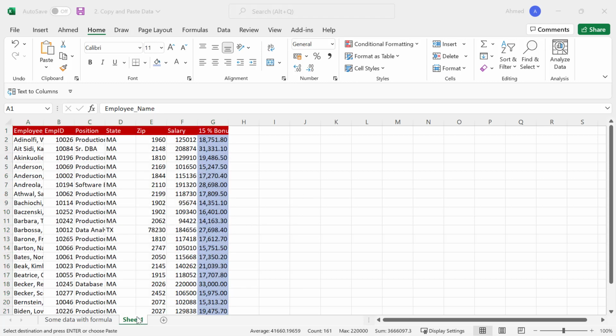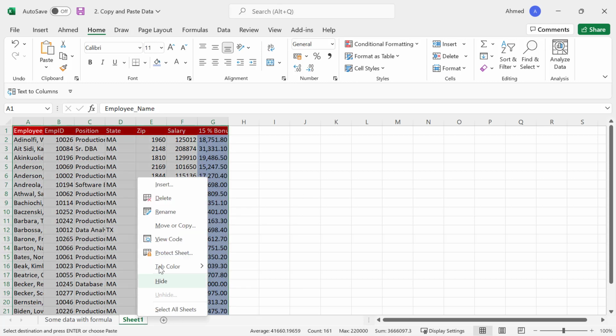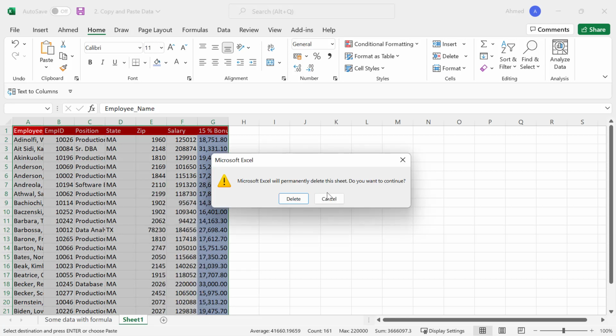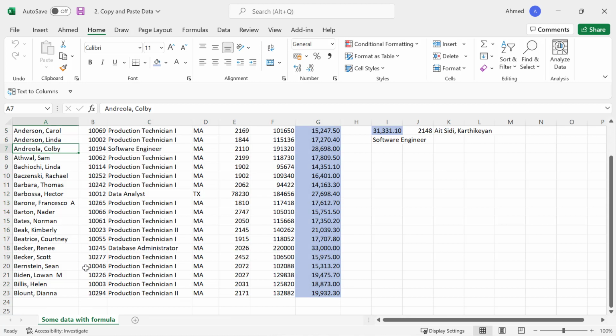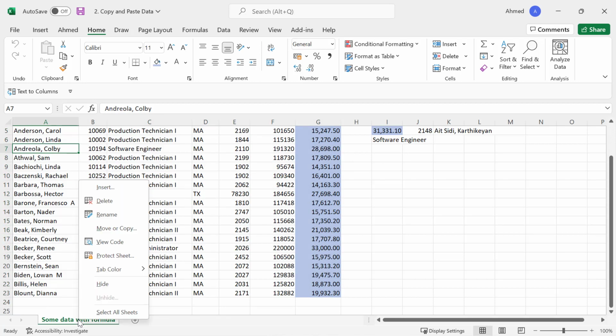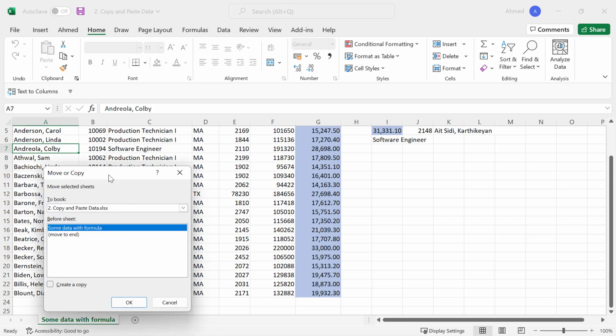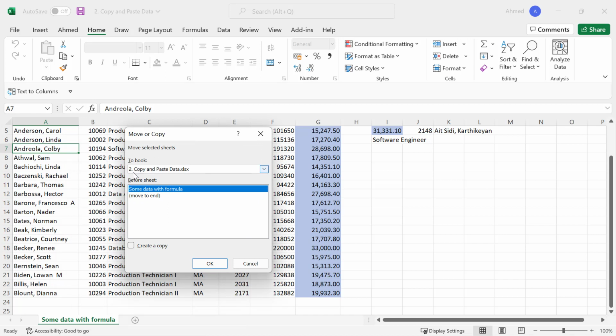So one way to do this better is, since I need the exact same thing, I could just right click on the worksheet right here. Then I'm going to select move or copy. Okay, now from move or copy, I'm going to see which workbook do I want to copy it to. Now, because I want to copy it to this same workbook where I am, I can leave it as this,